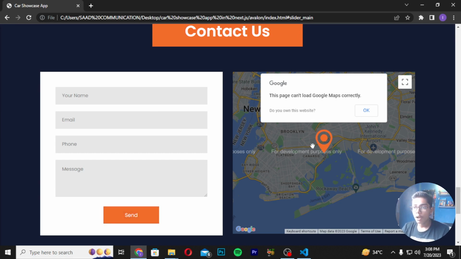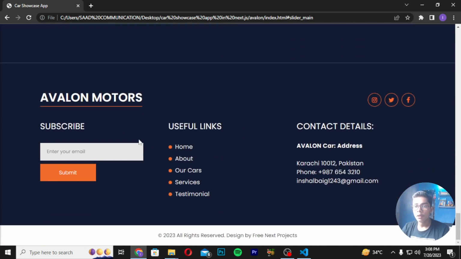This is the map of the location where the office of this car showcase application is available. But if you're not having any office or any location from where a user can contact you, then don't make this map on your site. It's your choice. It is an optional thing because many people have not built this map in their sites. Then if I move down, you can see we are getting an Avalon Motors heading here,